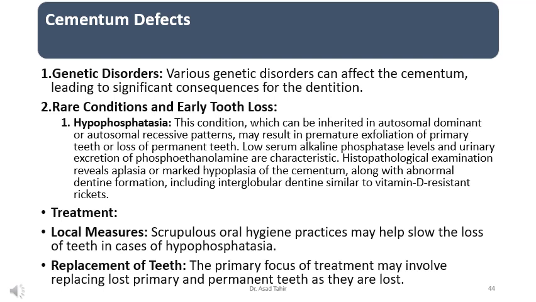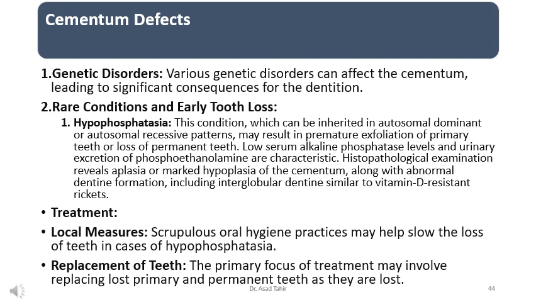Hypophosphatasia: this condition, which can be inherited in autosomal dominant or autosomal recessive patterns, results in premature exfoliation of primary teeth or loss of permanent teeth. Low serum alkaline phosphatase levels and urinary excretion of phosphoethanolamine are characteristic. Histopathological examination reveals aplasia or marked hypoplasia of the cementum, along with abnormal dentine formation including interglobular dentine similar to